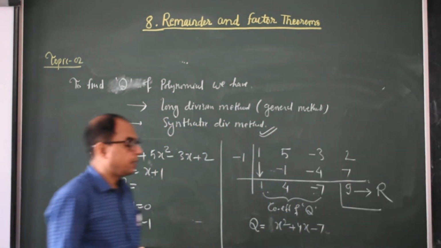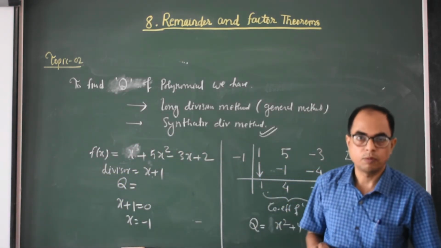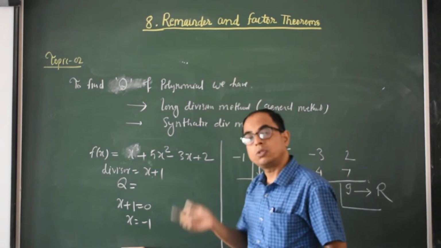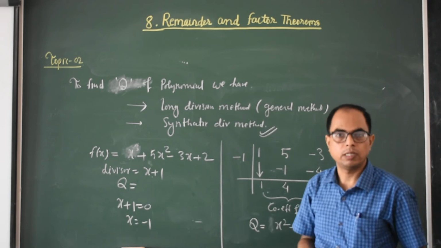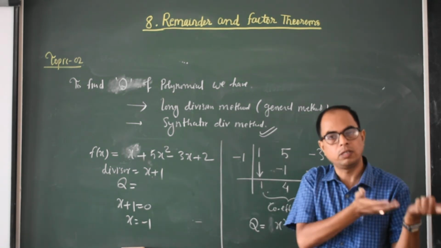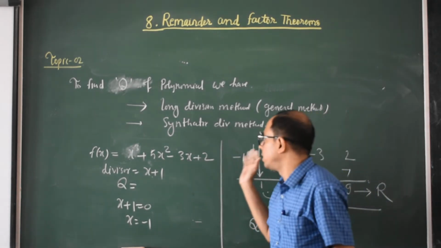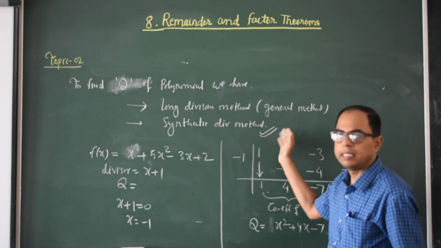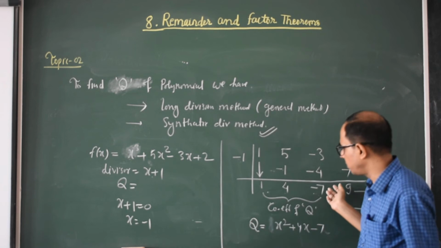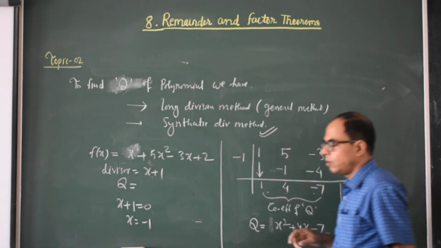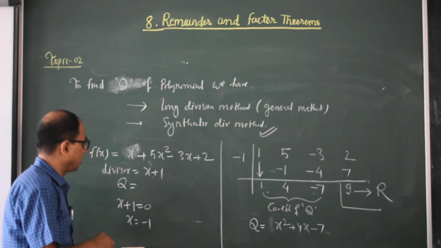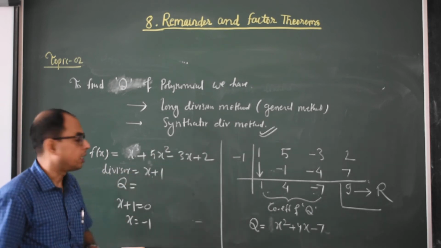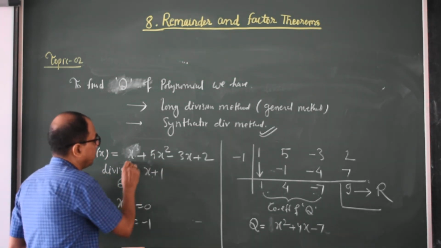So again I am repeating, if you have to find the remainder only, then go for the remainder theorem. And if you have to find the quotient also, you have two choices. Either you can use the long division method that we have already used in lower classes, or you can use the synthetic division method. Clear? I will prefer the synthetic division method because it is easy to use. Less time will be taken, and there will be less possibility of calculation mistake. The only condition while applying synthetic division is that the polynomial should be complete.